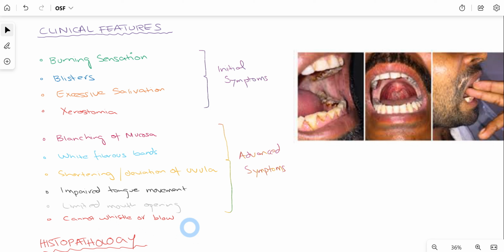And also importantly, the patient will have difficulty in eating as well, because for example, if a patient is trying to eat a burger, that burger will be very large for the patient to open their mouth. So that will be a difficult thing. The patient will mostly be on a liquid diet or soft diet, or that sort of diet which does not require excessive or even normal mouth opening, because in these patients this is not a normal mouth opening, this is a very limited mouth opening. So this was all about clinical features of OSF.